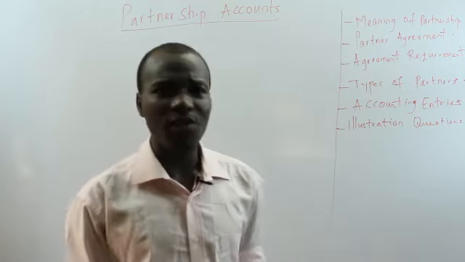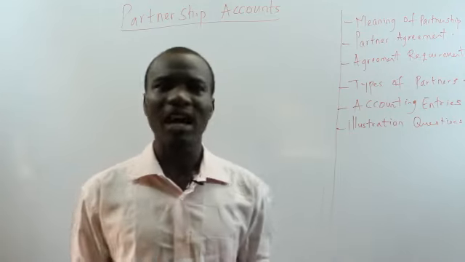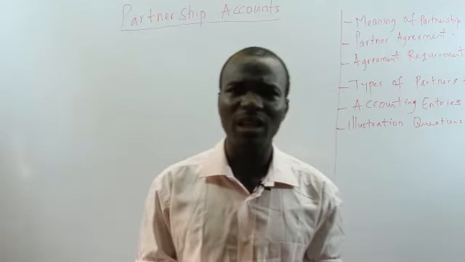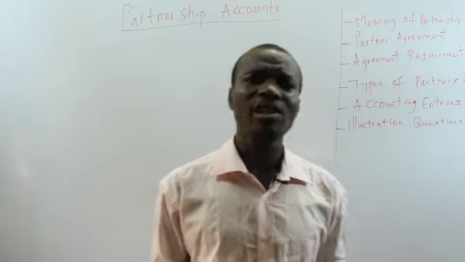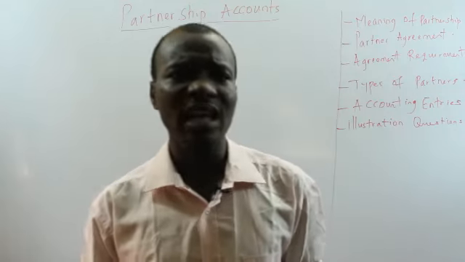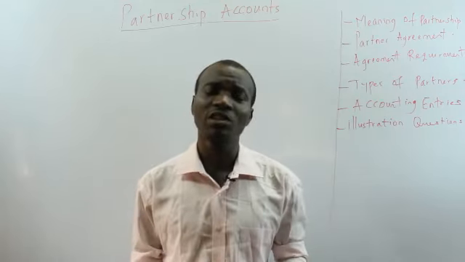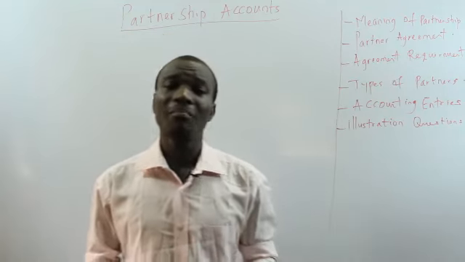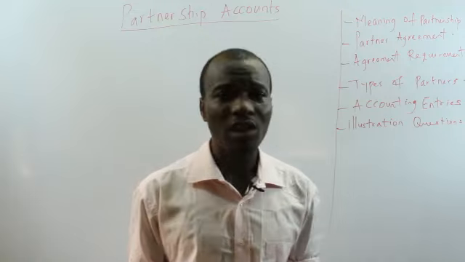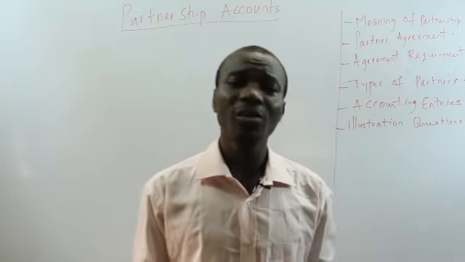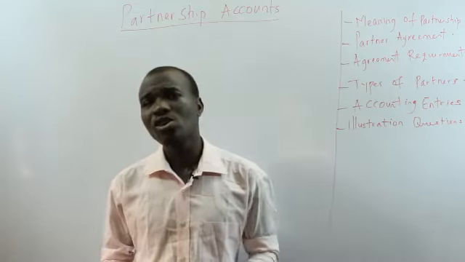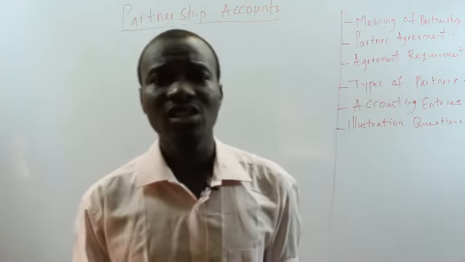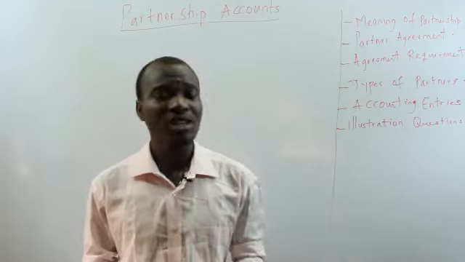Now the next thing we have is the types of partners. Okay, before we move to that aspect, let's look at what is going to arise when there is no agreement among partners. According to section 24 of the Partnership Act, when there is no agreement among partners, they are to share their profit and loss equally. There will not be interest on capital, there will not be interest on drawings, and there will be only 5% interest on partners' loans in the business.